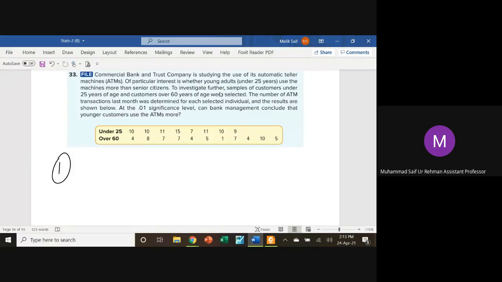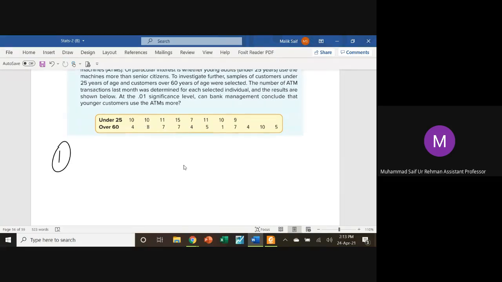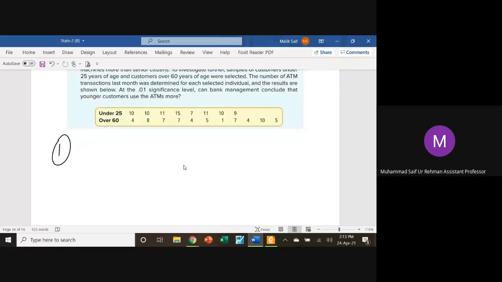You can see over here, results are shown below. So basically, these are the transactions. So we are going to take into account whether the average transactions in younger customers' case are more or not. So you will start solving this question. Null and alternate hypothesis, H naught, H1. So write down over here